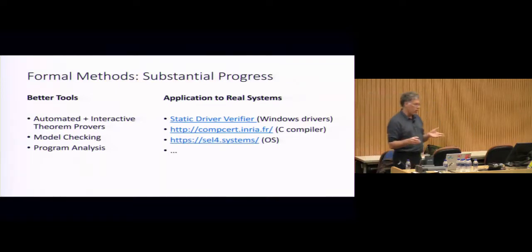And it's not all about automated theorem provers. There's been a lot of use of interactive theorem proving, model checking, program analysis, a lot of advances in these three core areas of formal reasoning, and better tools. So I don't know if you're aware of CompCert. This is a verified realistic C compiler done at INRIA by Xavier Leroy and his team. There are also examples of fully verified small OS kernels. And more, you see people around outside of core formal methods who are using formal tools to build verified systems.